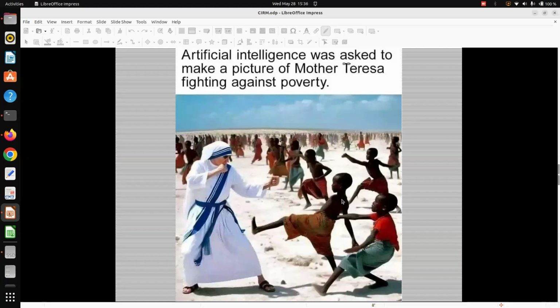Another point of note is that large language models can be biased. Who told this model to equate poverty with African children? Who gave the large language model permission to use pictures of children?